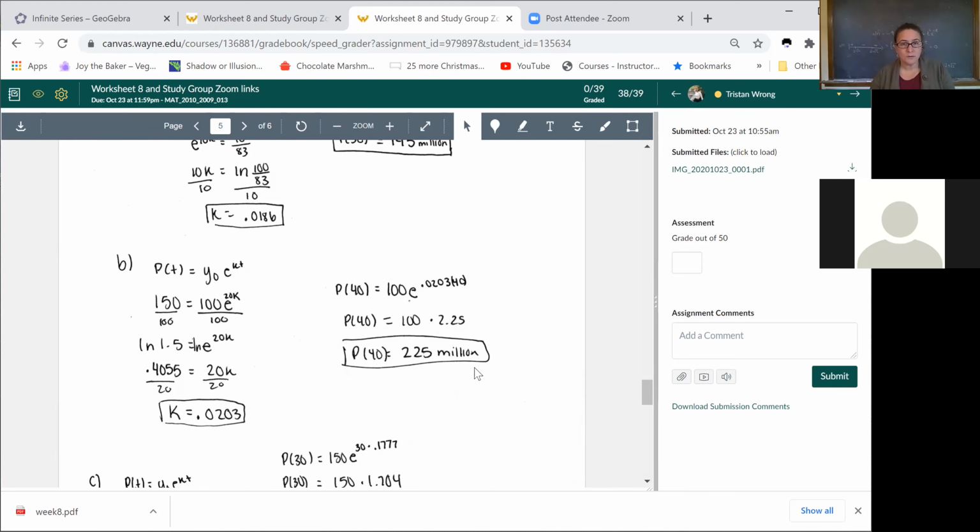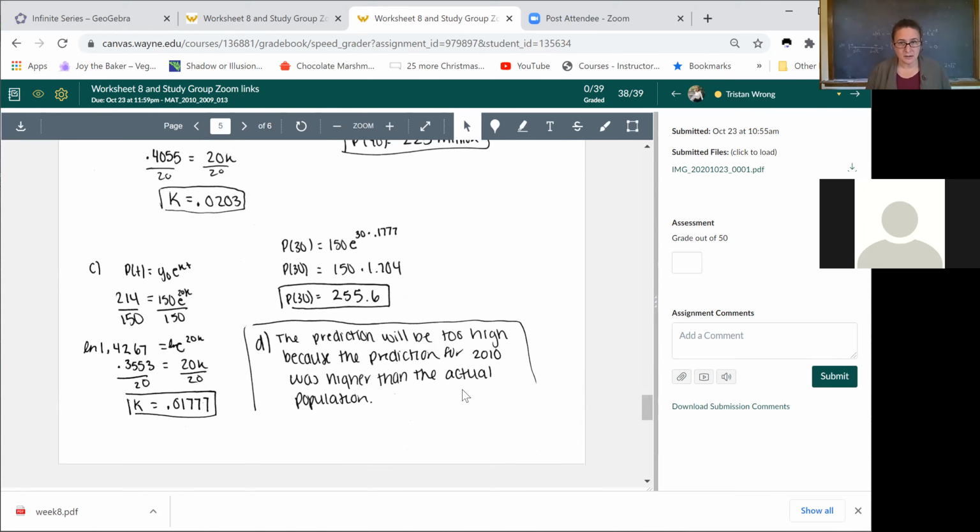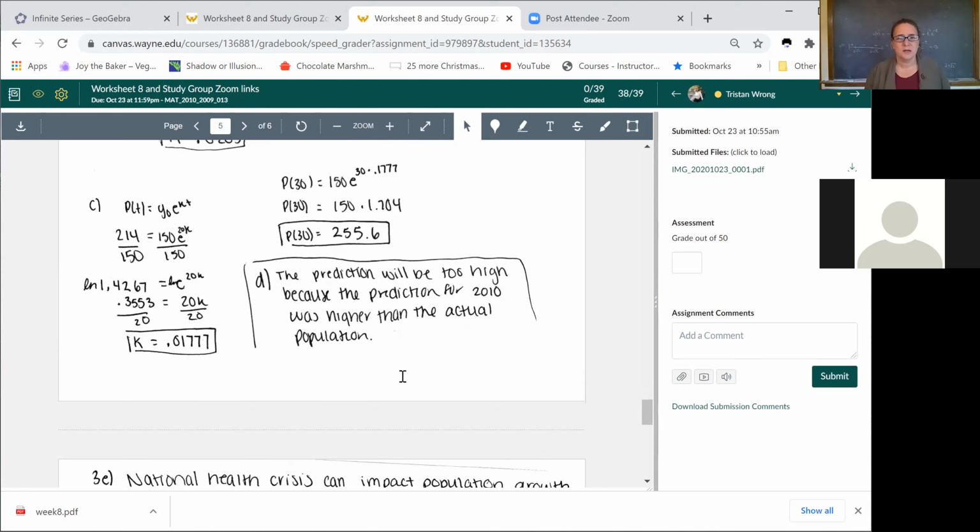And for C, she got 255. So she got two that are too high and one that was too low. And for D, she figures it's going to be too high. And because that's what the last two were a little bit too high. Fair enough, right? And so the question here